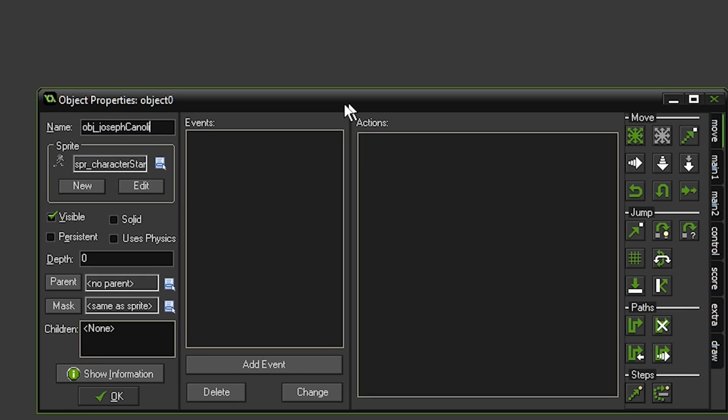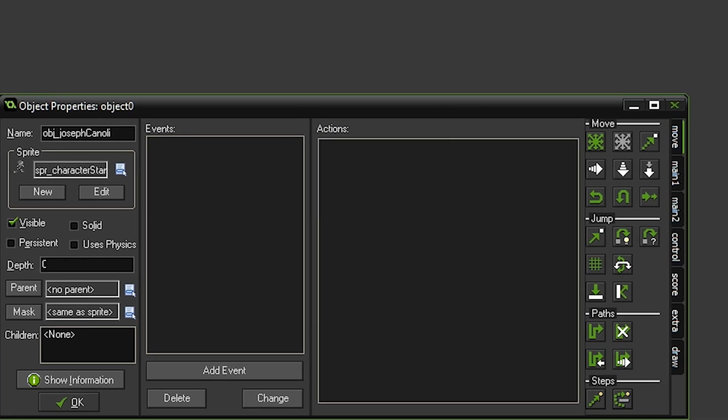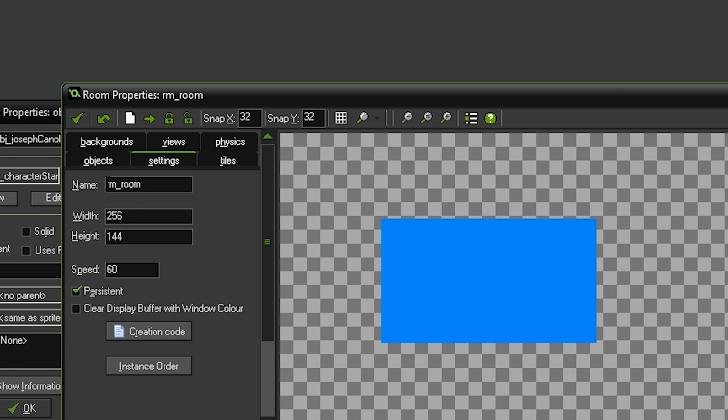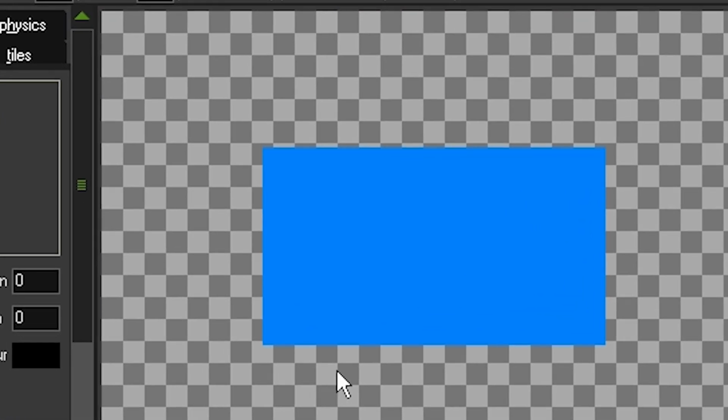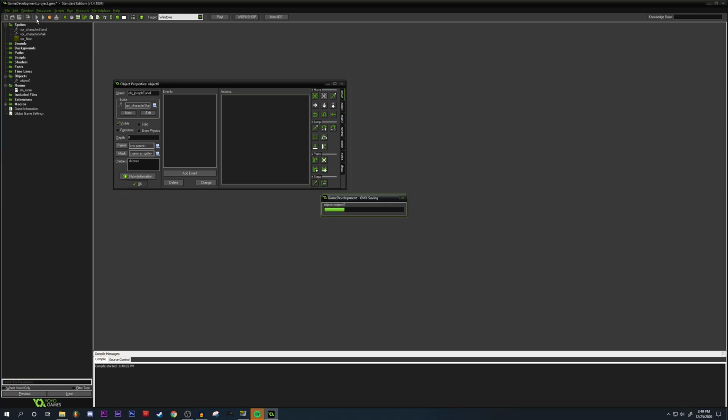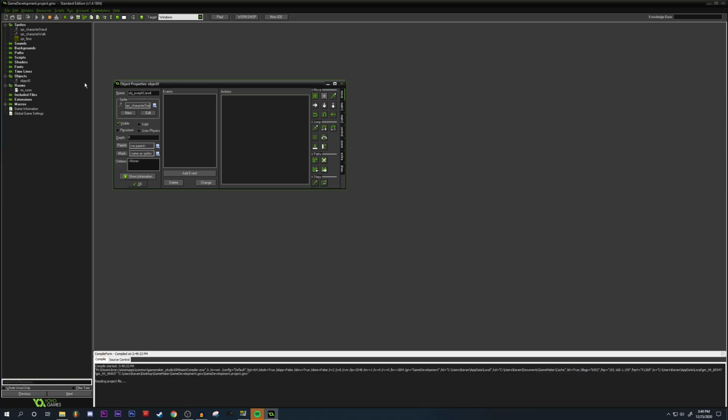We'll make him standing here, right? Keep his depth 0, visible, yeah. You don't want to use solid or physics. Persistent, I'll get to that later, but for right now, just keep these blank. We go into Room, we hit Objects, get an object, stick him right here, and then boom, we're ready to play. You hit the little start button, give it a hot minute, and